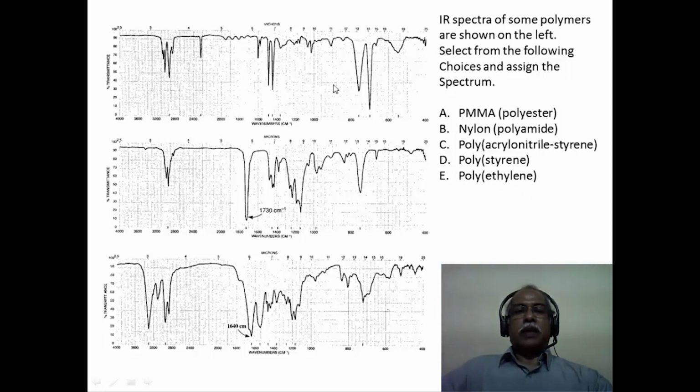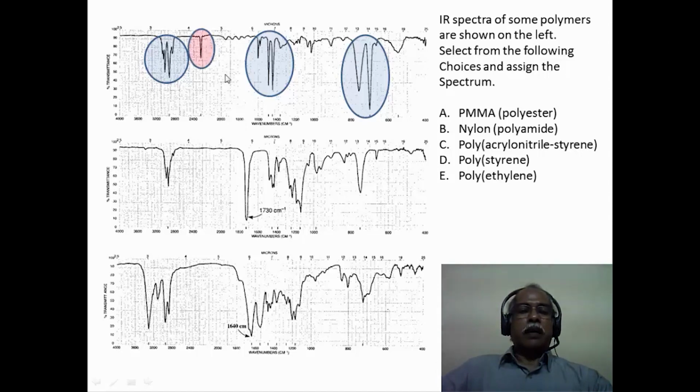If you look at the spectrum, the prominent peaks are CH peaks here and C double bond C peaks in this particular region. And again an out of plane bending kind of mode vibration is what is seen here. So these are the prominent features. In fact polystyrene will fit in this particular system, but look carefully at this particular band here. This band which is coming around